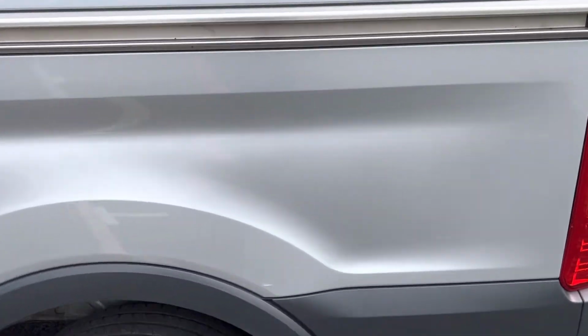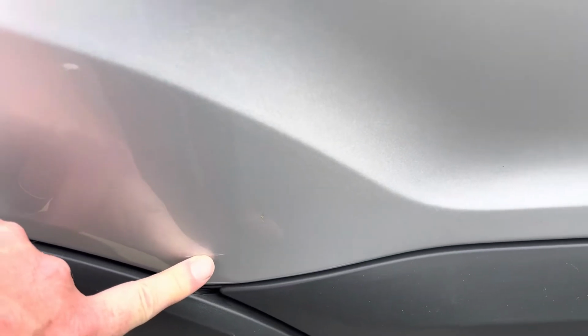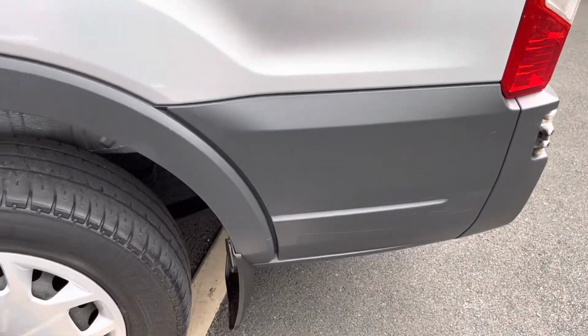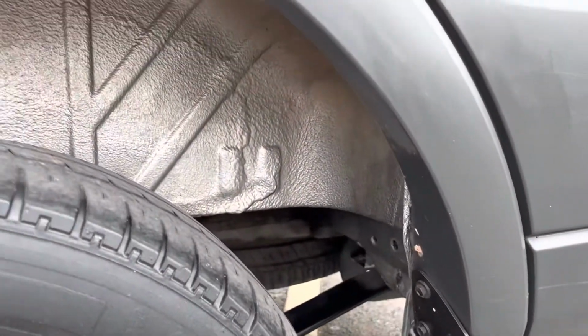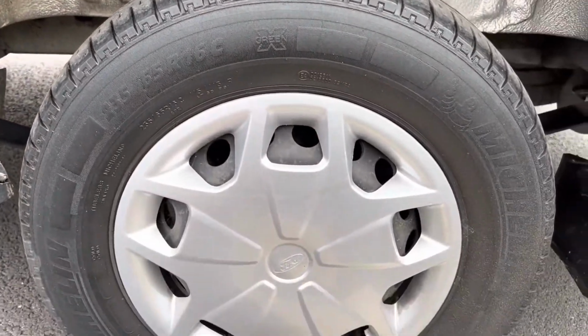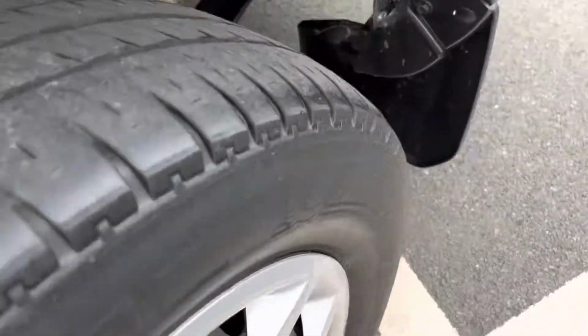Let me see if I can find something to point out to you. We have a really minor mark there. Actually, maybe a bit of T-Cut and a touch-up would be right, and a really minor mark there. Your plastics, as you can see, arches and stuff are all good. Again, arches underneath all good. We have a factory steel wheel, factory hubcap. We have another Michelin tyre on this side, and